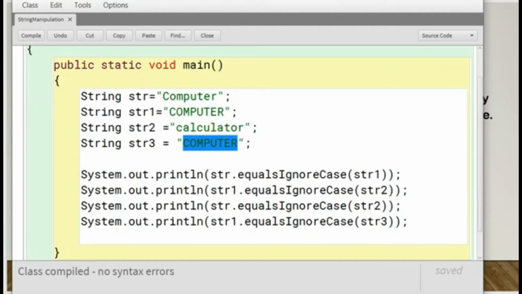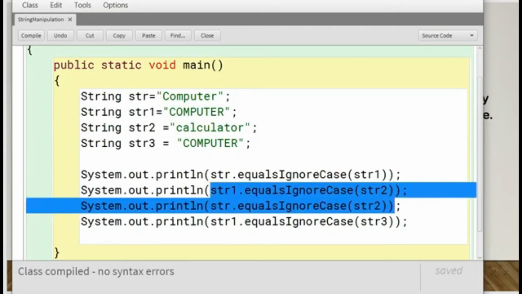So for the first case we are getting a true value, and for the last case we are also getting a true value, and for the other two cases we are getting the boolean value false.